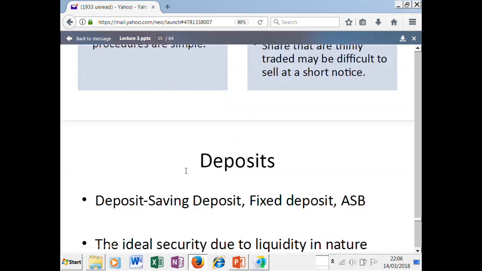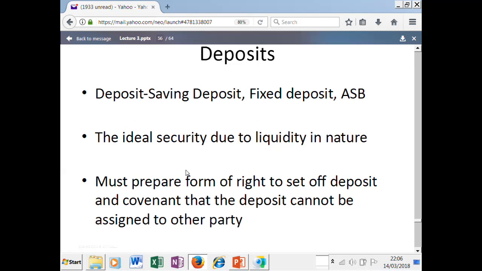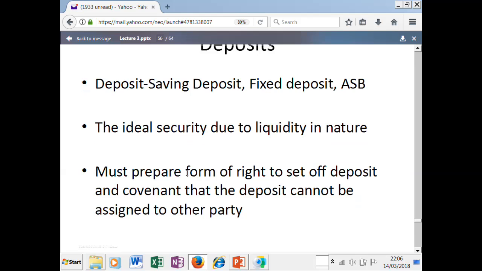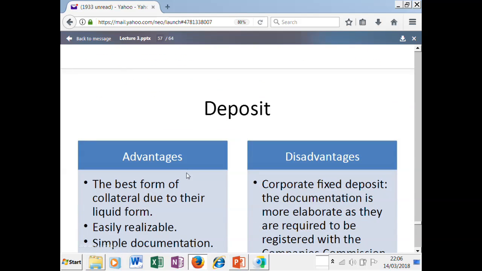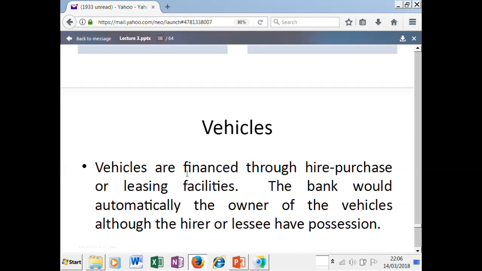Stock and shares, okay. Advantage of deposit, we have deposit kan, saving account, fixed deposit, ASB and so on. And it's normally liquid because they can actually withdraw. Dah so lapar saya pun daripada tak balik-balik daripada tadi kan. And then deposit, tu laju ni. Alright, vehicles, kereta